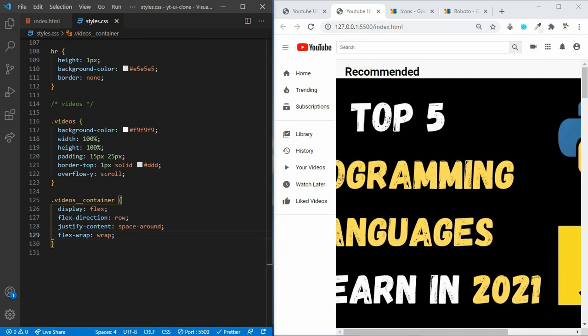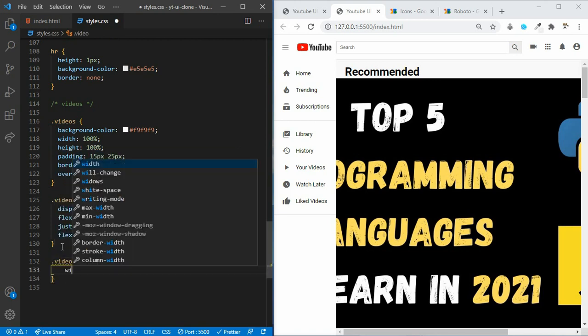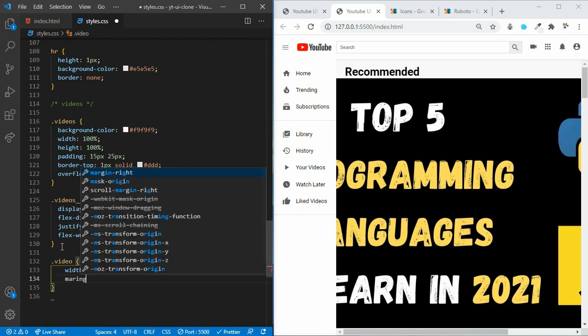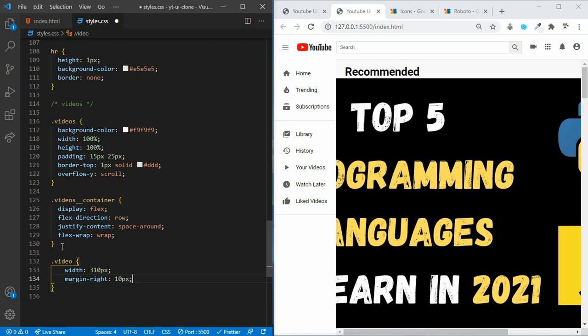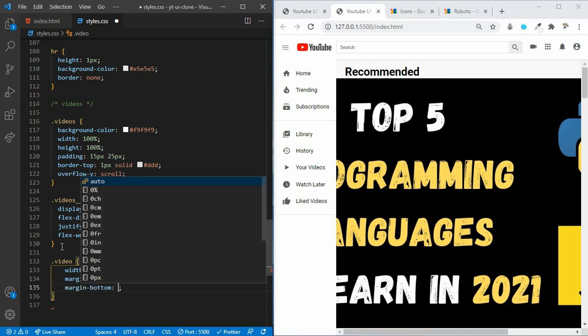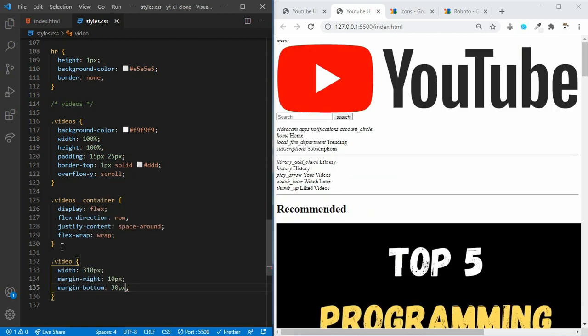Now let's target a single video and let's set the width to 310 pixels, margin to the right to 10 pixels, and margin to the bottom of 30 pixels. Let's save and check.